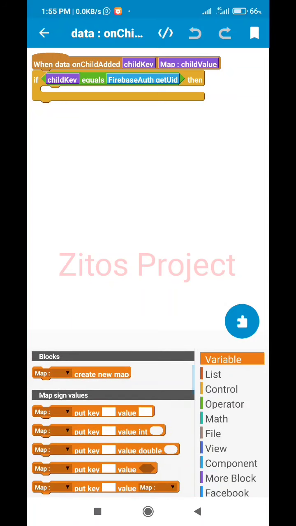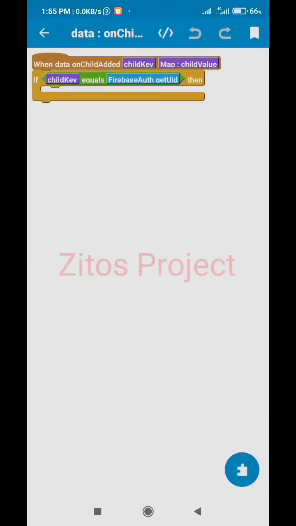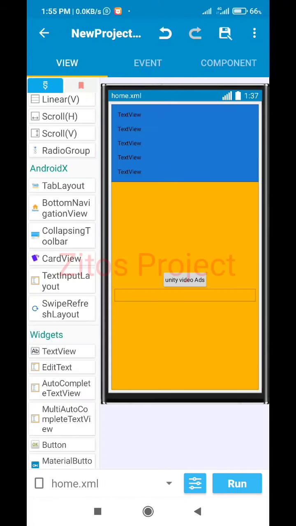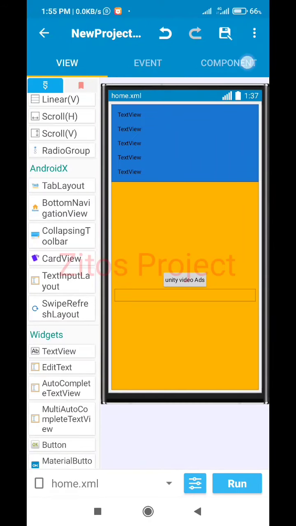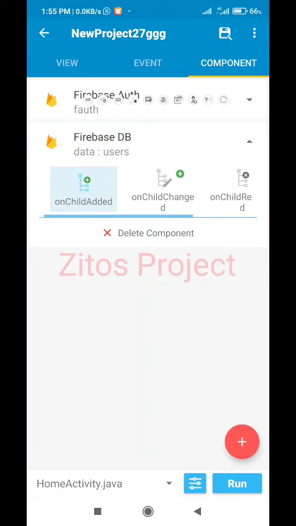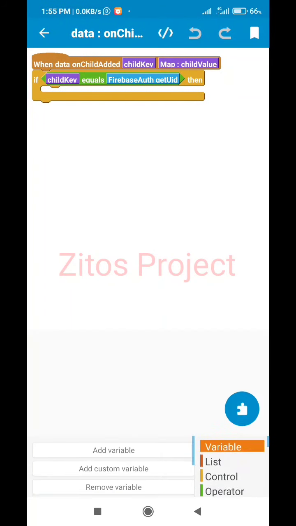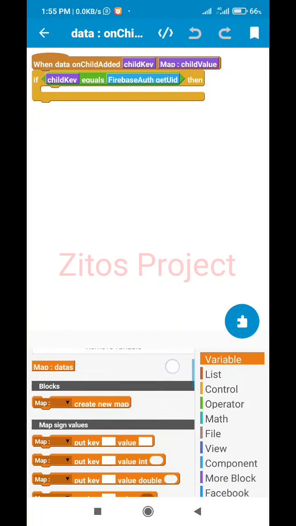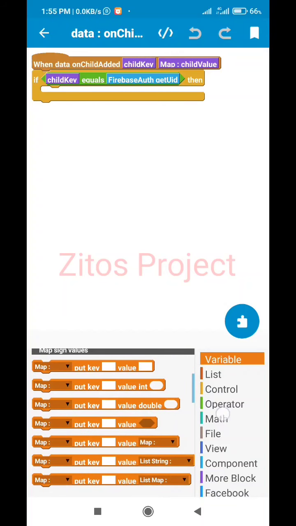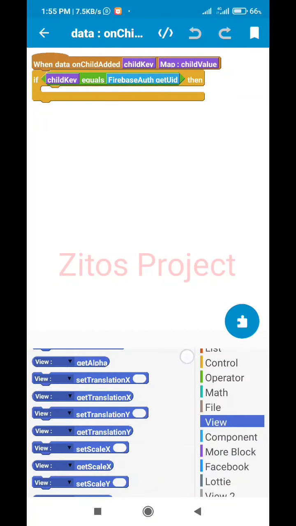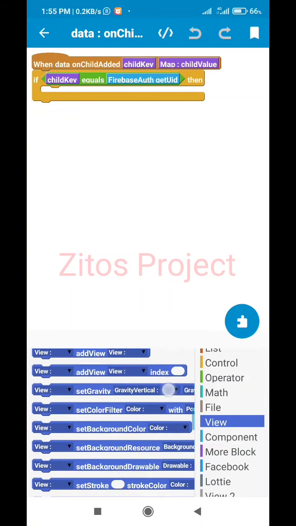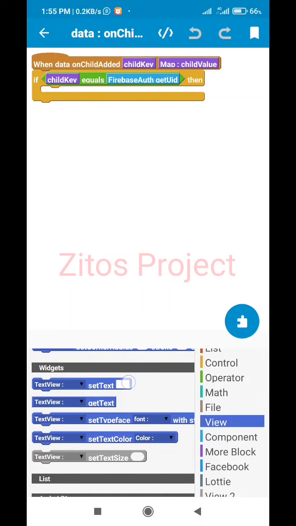So now we want to display what? Our email, which we save, password, account number. We want to display it right here. So what we're going to do now is we're going to click on this icon right here, okay. So now we're going to click on view, okay. Now we're going to tell those view to set text, okay. Set text,